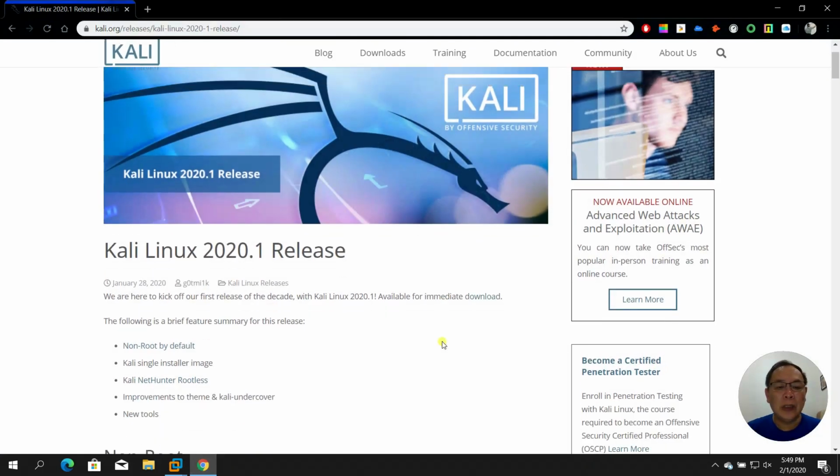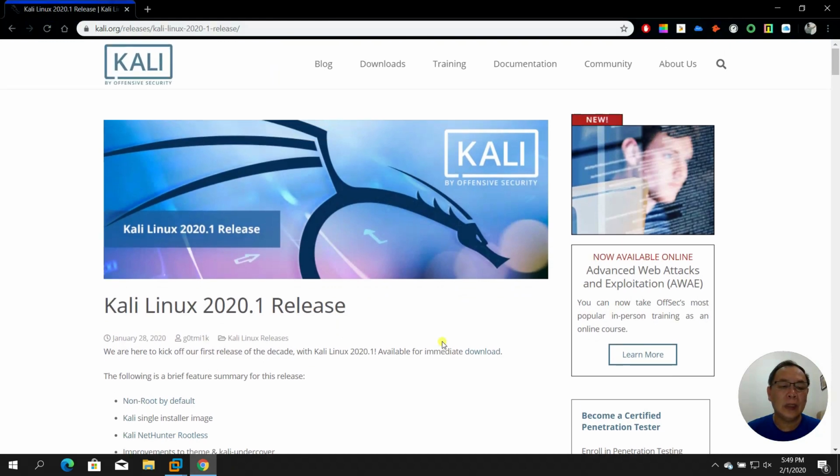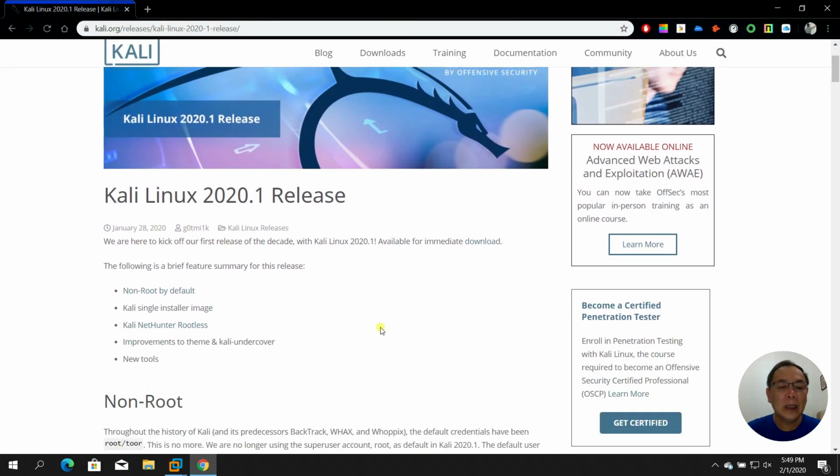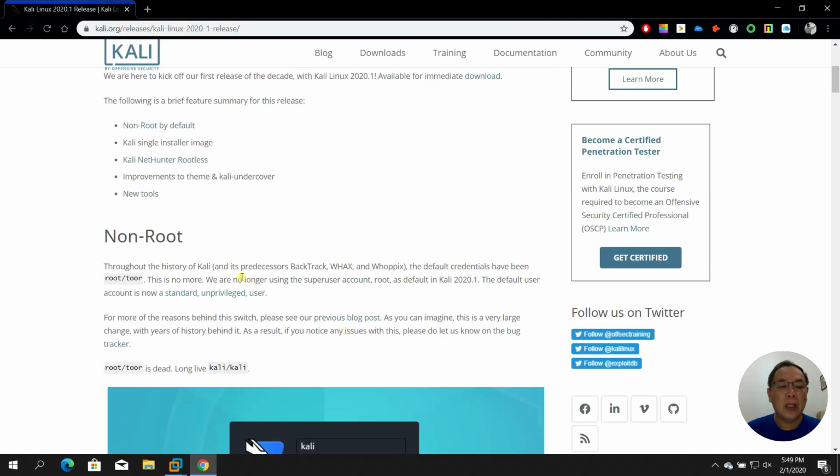Kali Linux 2020.1 was actually released on January 28, just a few days back, and it has several new features like, for example, Nonroot by default. Then we have Kali single installer image, Kali NetHunter rootless, improvement to theme and Kali Undercover, and some new tools. So to understand what the new Kali offers, let's